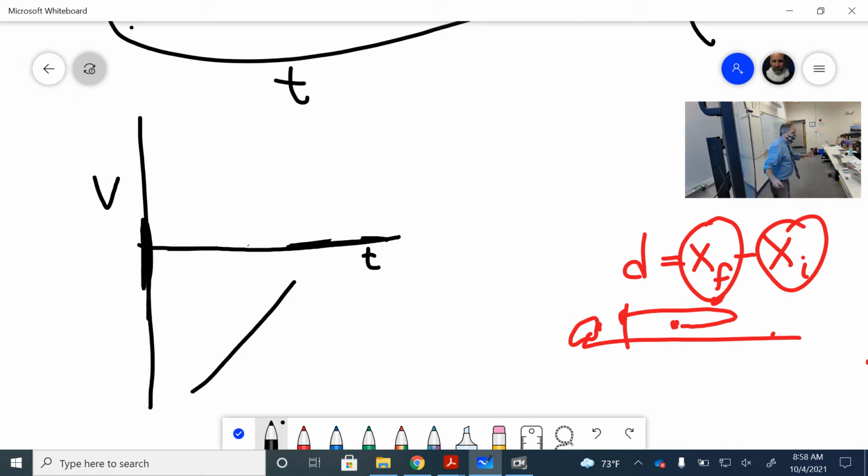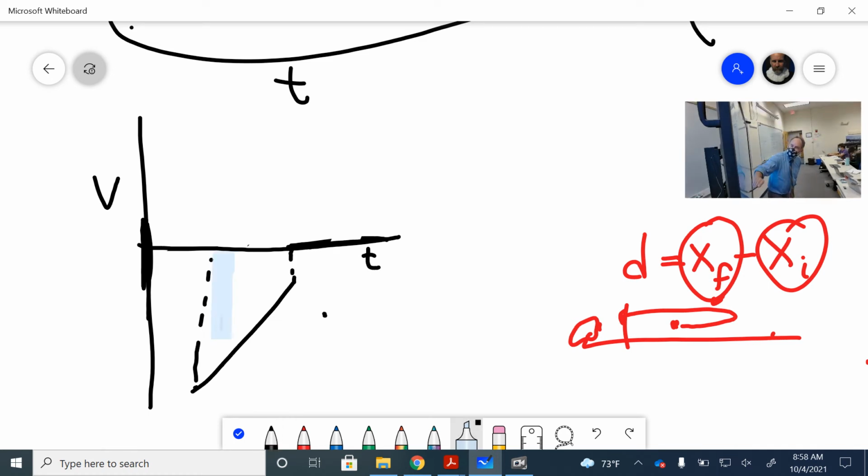Let me just add something here. Remember, what else did we say when we were deriving the kinematics equations? What did we say about displacement and velocity graphs? Remember this? If that area there, that's the displacement. So if that area is down here, that's negative area. That would be true even if